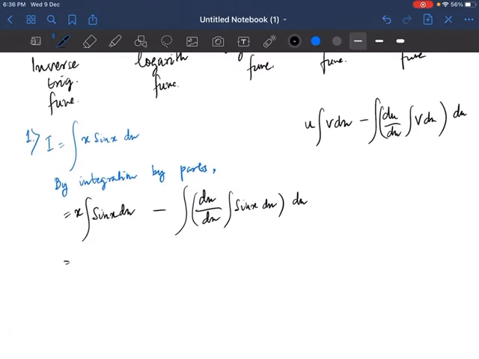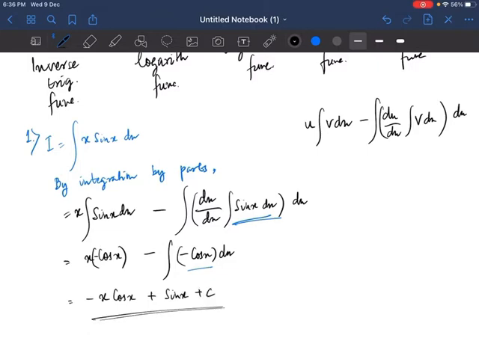So I will write here x cos x, integration of sin x is minus cos x, minus cos x, then minus integration, differentiation of x is what? 1. So forget about it. So integration of minus cos x dx. This is what we have. We have finished with the integration of this part, and the integration of this part is what? Minus cos x. So we have to do the outside integration. So what we have at the end, this one is minus x cos x, and this one is minus minus becomes plus. So integration of cos x is sin x plus c. That's how we find our answer. Okay, this is how we do integration by parts.